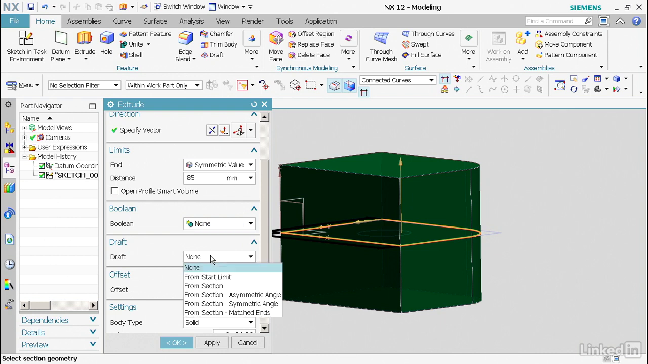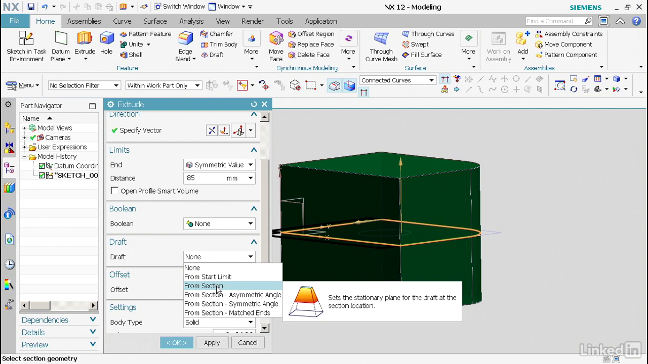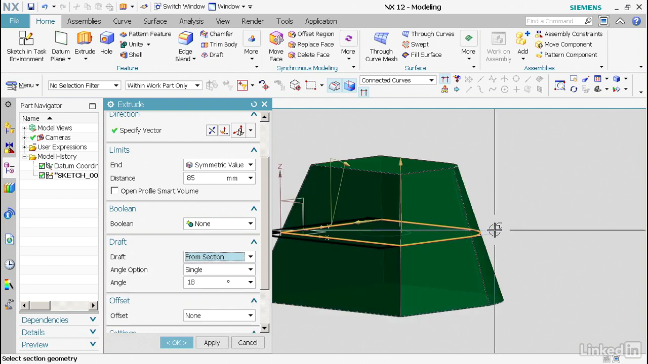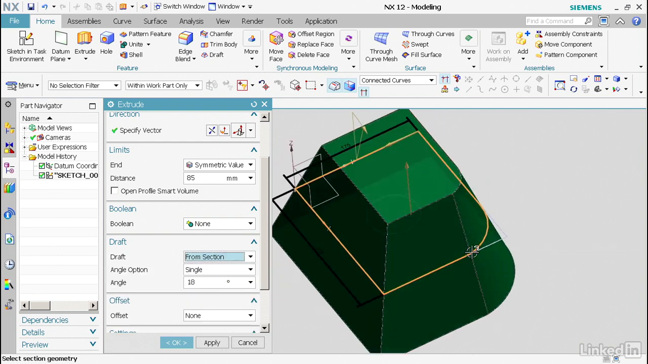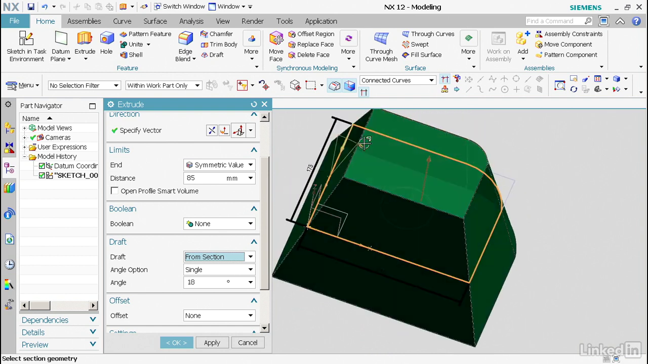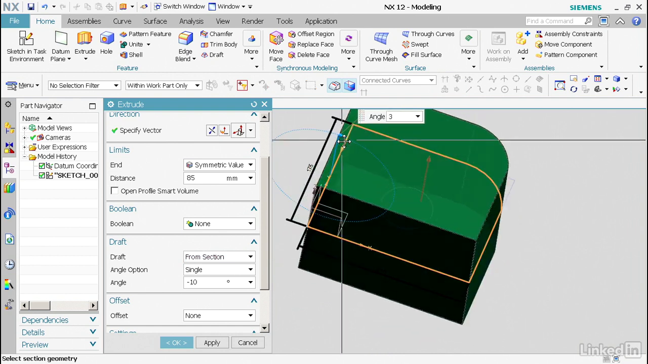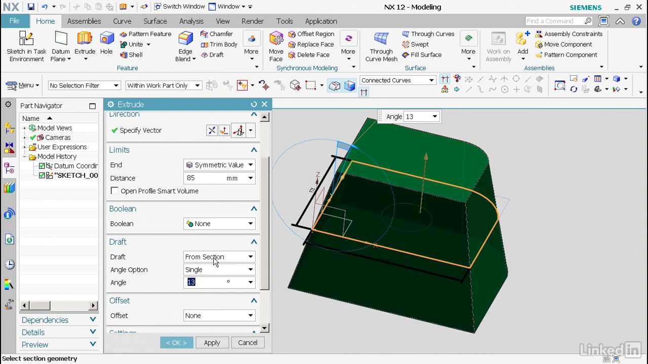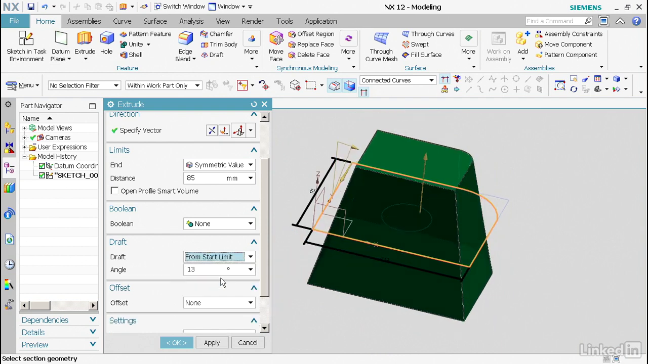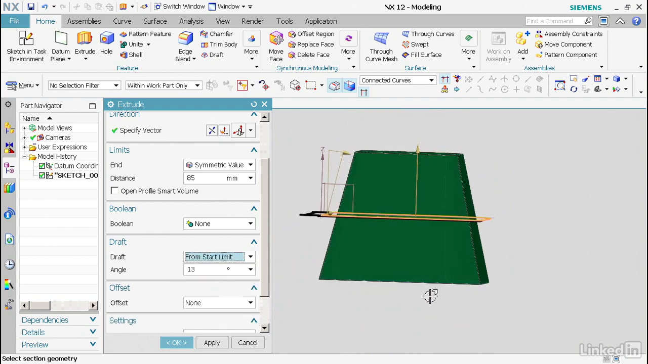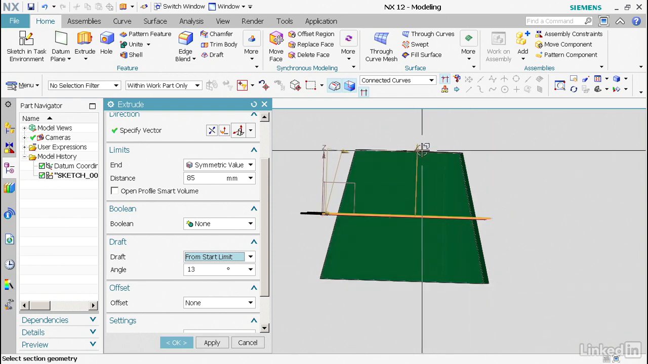So if I click on draft, I can say from, in this case, start section. So the section curve is driving the draft. You'll see I have now angled walls on that. And I can go ahead and change this any way that I need. You have other options in here from start limit. In this case, the start limit is this bottom down here. This is starting here and it's drafting in from there. So if I